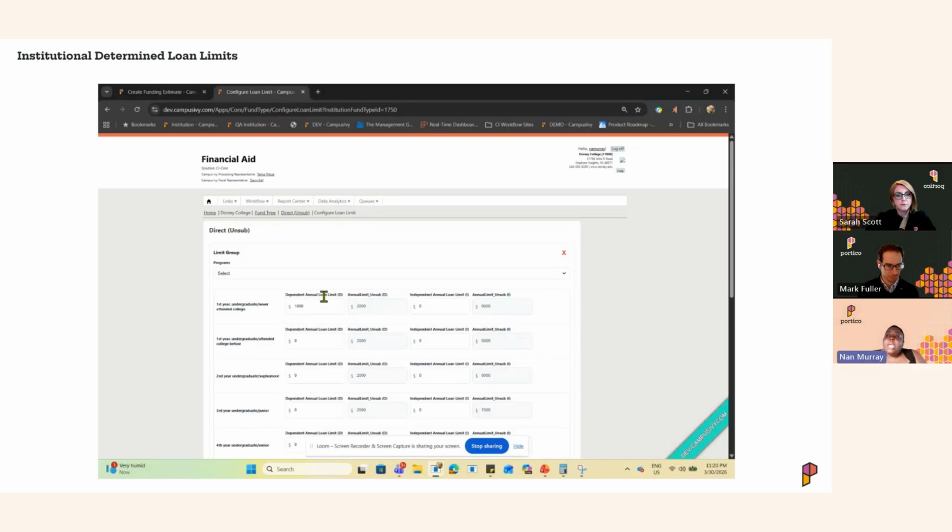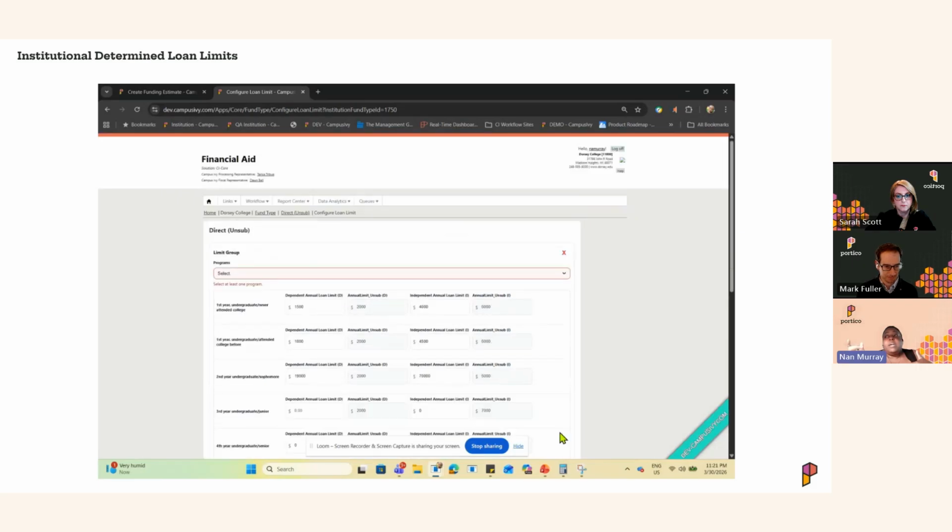At this level, we have dependent and independent students. And on the right-hand side, there are preset limits for each of these grade levels. Now we can configure how much we want to award a student at any particular grade level. Even though their max eligibility is preset, we can now set a different limit, and that limit will propagate within the funding estimate. So what does that mean, really? Usually a student would get a max eligibility as a dependent student or an independent student of 2,000 or 6,000. When you're generating your funding estimate, if you have configured this section,